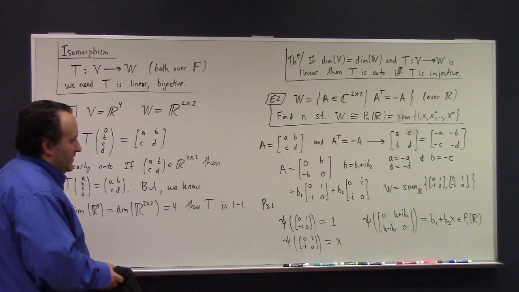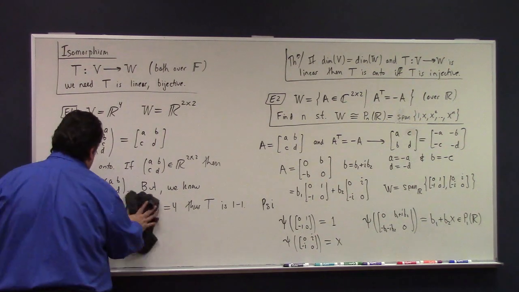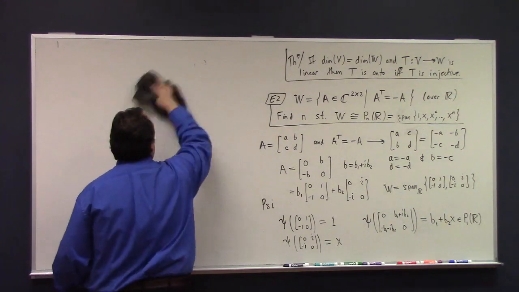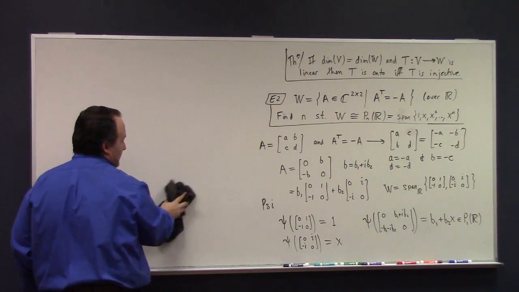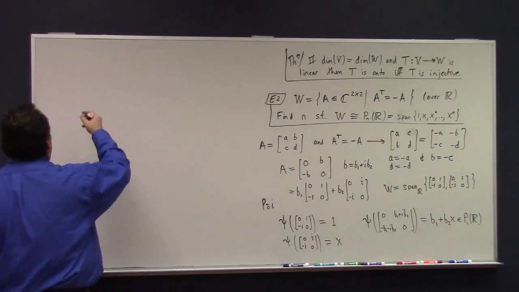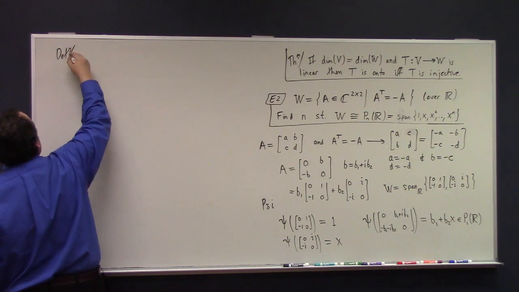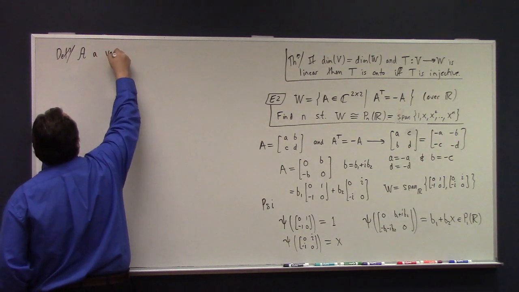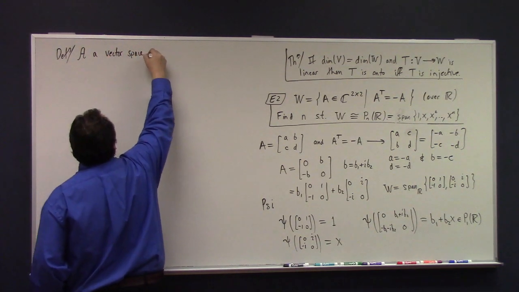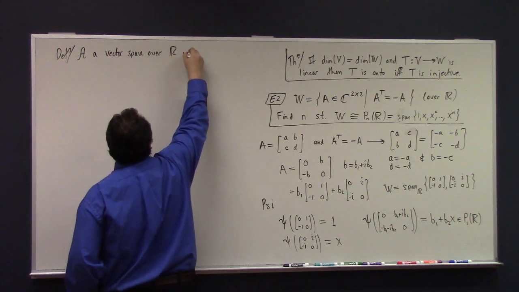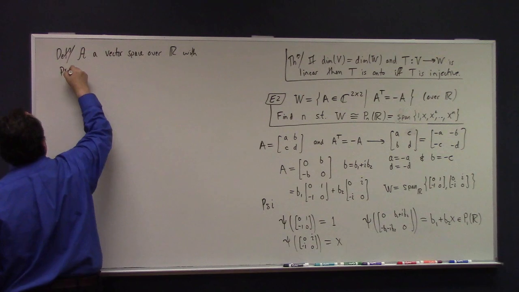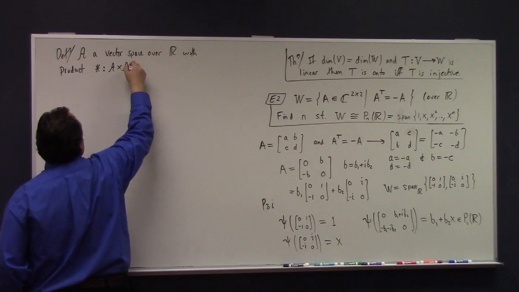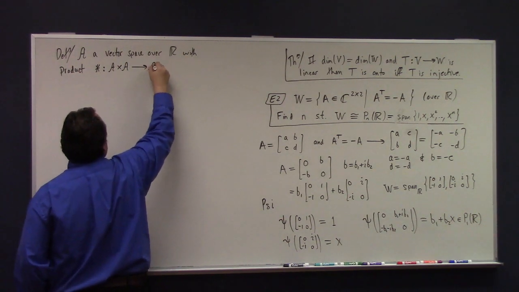Well, I'm kind of more interested, let me show you what I'm interested in. Sure. So what I'm interested in, among other things, is an isomorphism which does more than just this. I like isomorphisms which are actually algebra isomorphisms. So, like, definition: a vector space over the reals, let's say, with a product star. So the product takes in pairs of algebra elements and gives you back an algebra element,